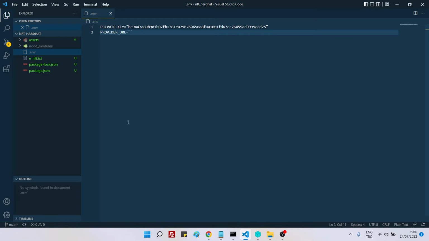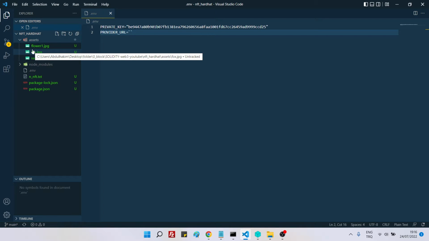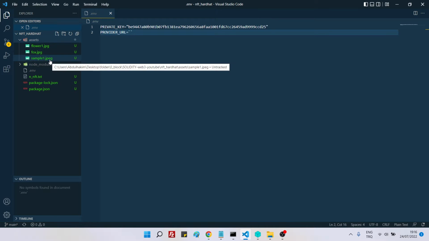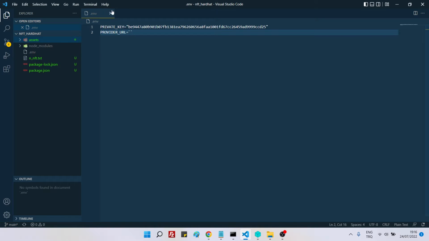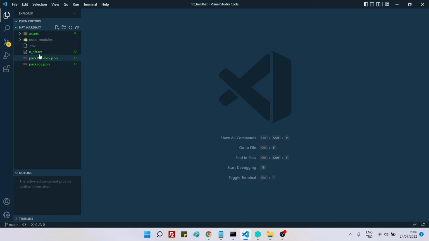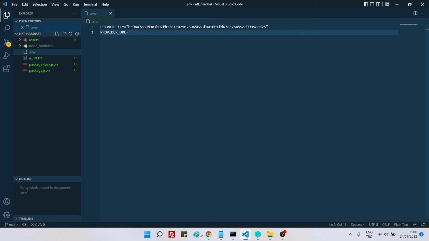This is important. And you will see that I have this assets folder. I have created this folder by myself, so you should also do the same. And then put inside some images. These images, they will represent our NFTs. They will be the NFTs that we would want to create. So just grab some images, and as you can see, my images have JPG and JPEG format. So just some images,